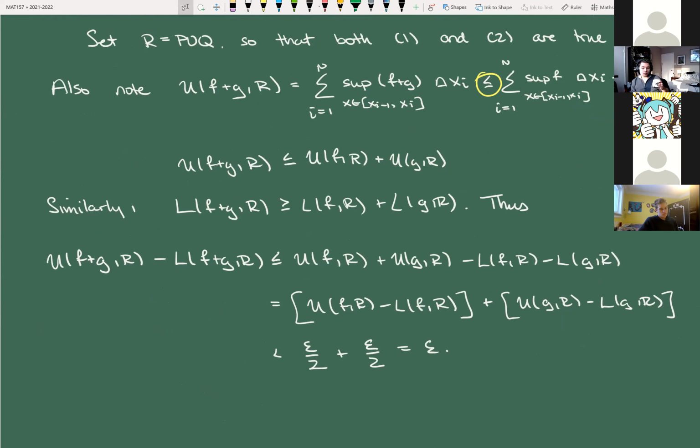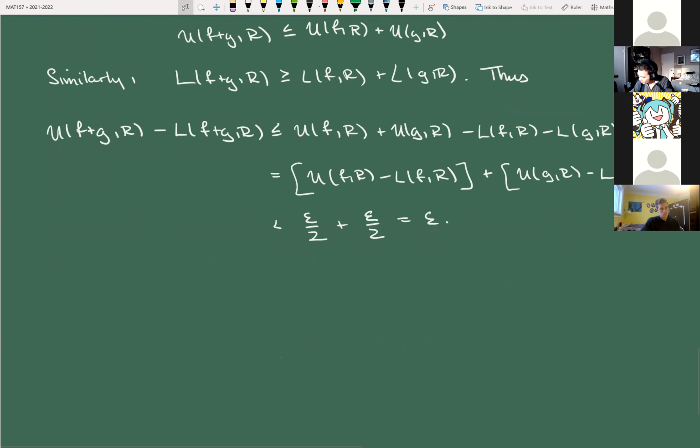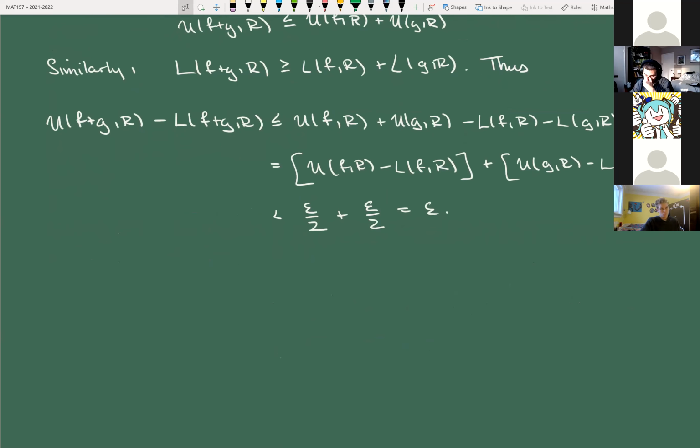Okay, so I've only done half the work though. I've proven that the function is integrable. Now I have to prove that its integral is what I want it to be. Okay, so let me see. How do we want to do this? So I know that, yeah, that should be fine. So we know